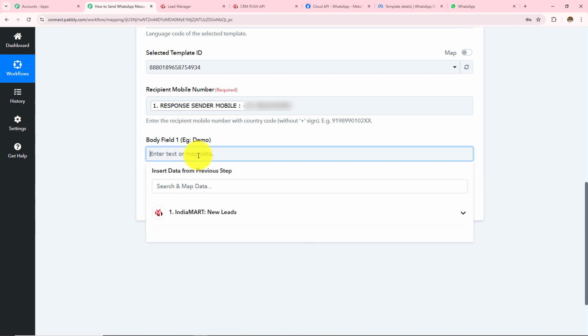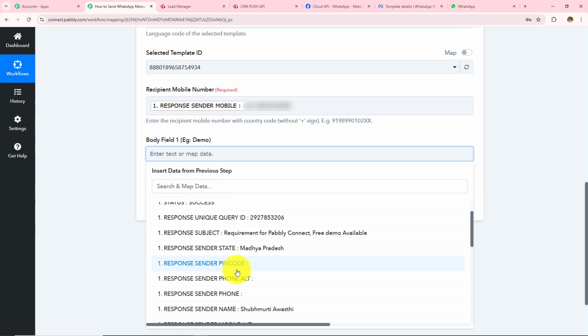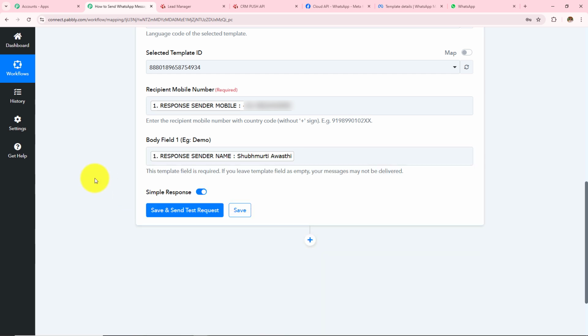So I will enter that, and then I have to enter the body field. Here I am going to enter the name of the lead, which was this one. Now over here, mapping is important so that every time you receive a new response, it is taken into consideration in these fields. Manually entering the data will make these fields static and the information will not change even if you have received a new response. So as to keep these fields dynamic, we use this process of mapping instead of manually entering the details.